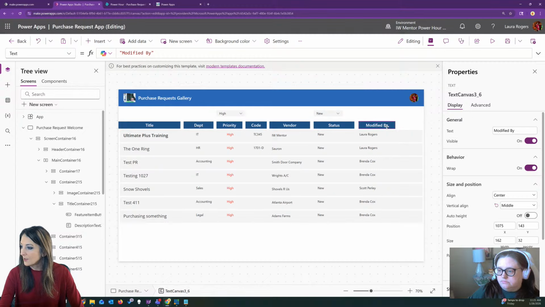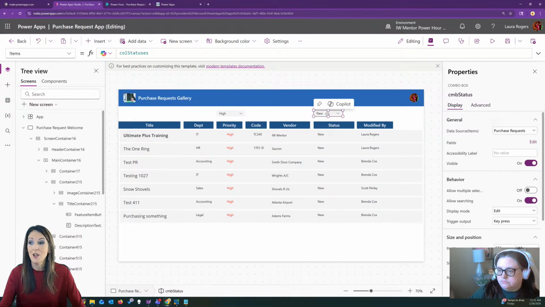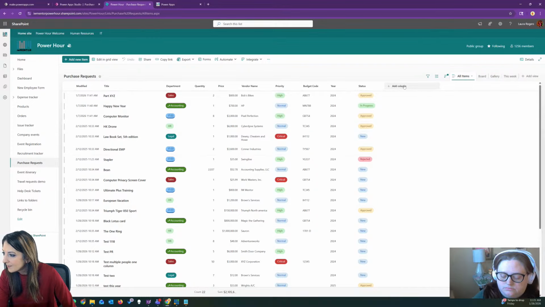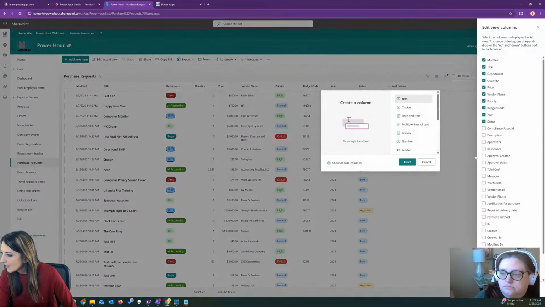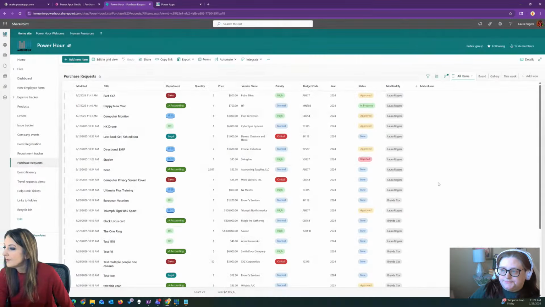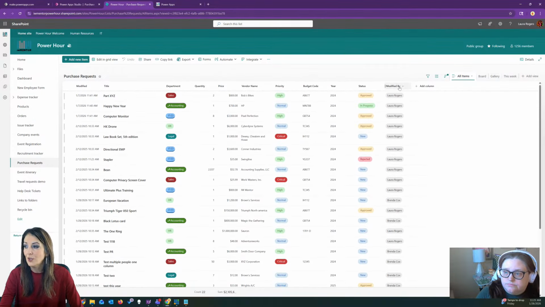And it's just got the first name of the last person that modified it. Okay, so now I want to filter by that. Now that's even more complex because if I just went to this list in SharePoint and added the modified by column, notice that a lot of them are me. So if I just told it to go look at all the people that had modified this, there isn't